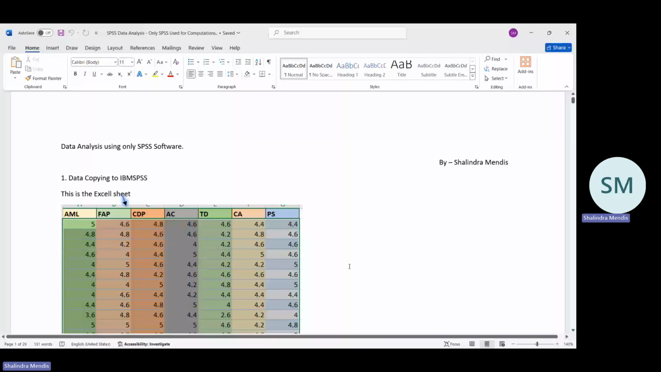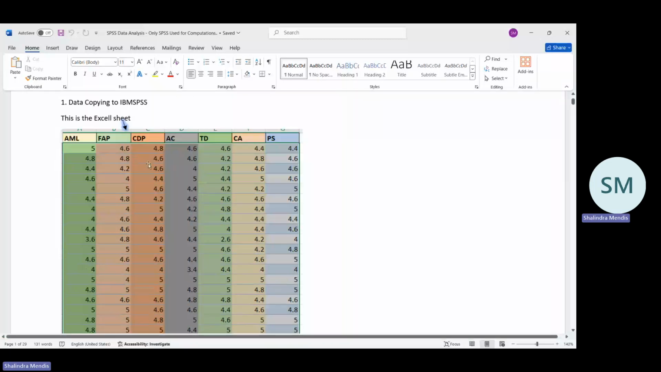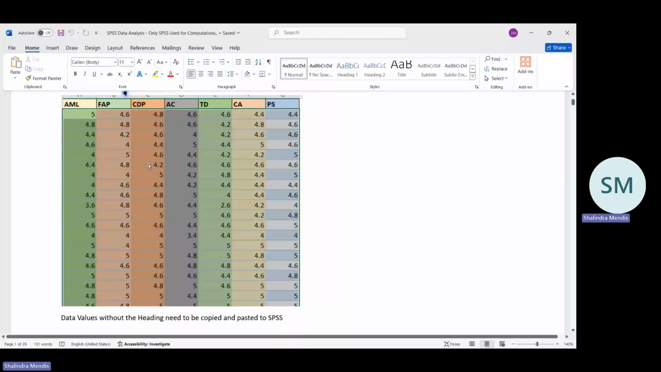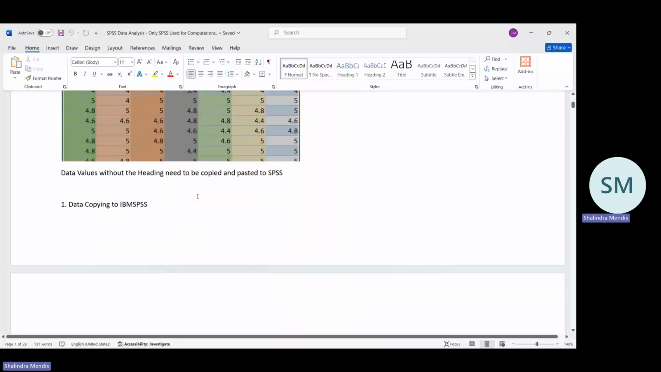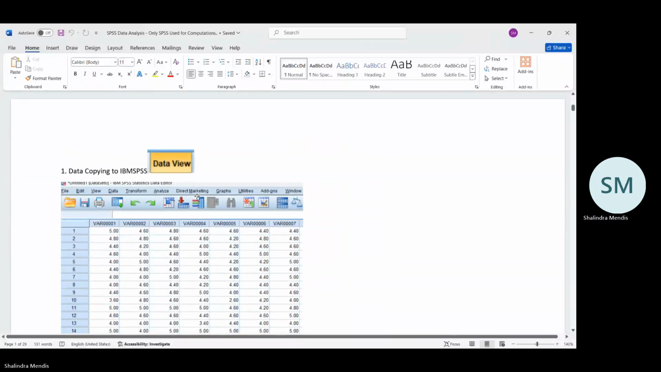Data analysis using only SPSS software. Data copying to IBM SPSS sheet. This is the Excel sheet, right? Without the headings, you take the data and copy it to IBM SPSS. Data copying to IBM SPSS, you have to